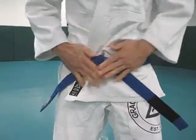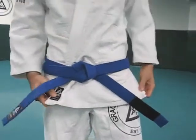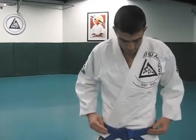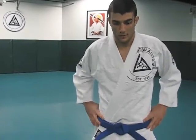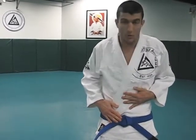It's not going to get rubbed like the normal knots will while you're rolling, and it's more likely to stay intact the whole time. So super lock, if you have the luxury of time to make this one happen, is certainly the recommended variation if you have time. Okay? Now, since we're on the topic of belts,